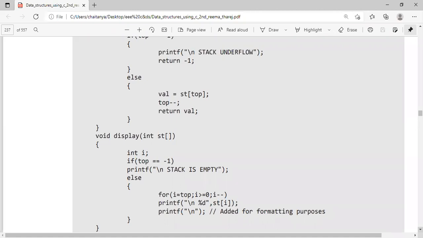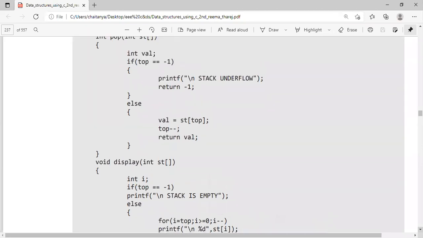So above the top, all elements, though there is some number in the array, will not be considered. All the elements from the top and below the top only we consider as elements in the stack. Physically, the value in the top of the stack is there, but if I do top minus minus, automatically top will be decremented.